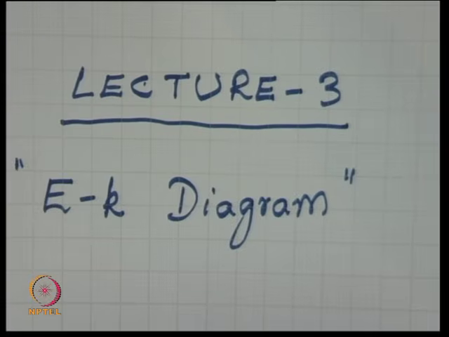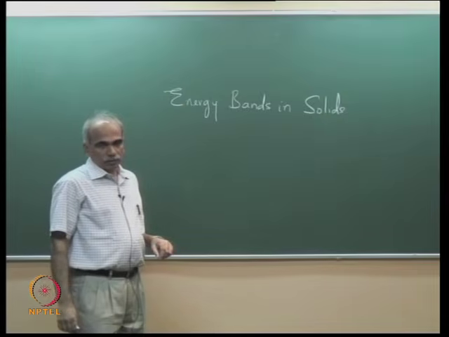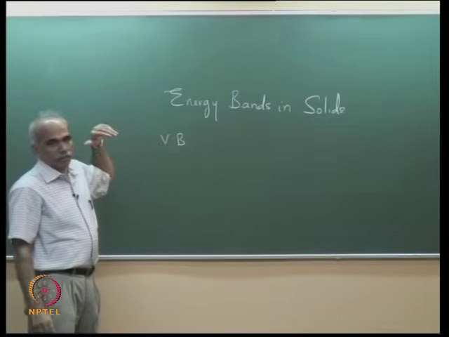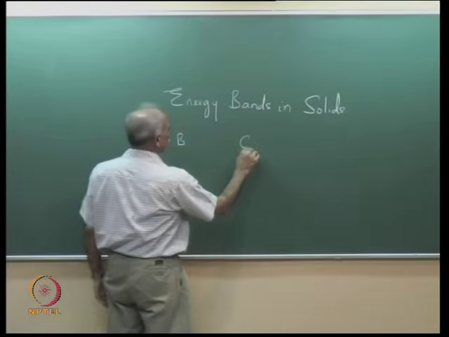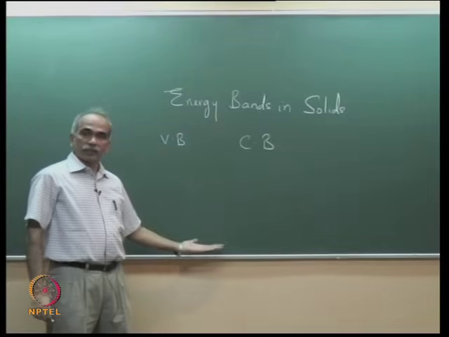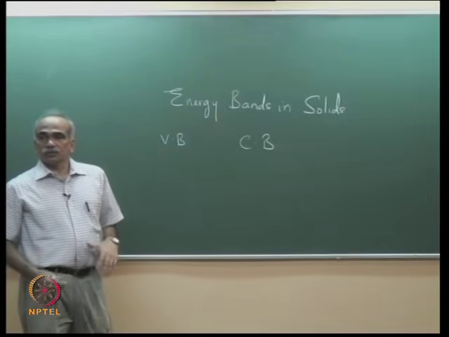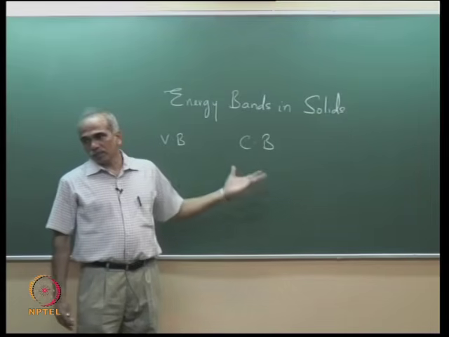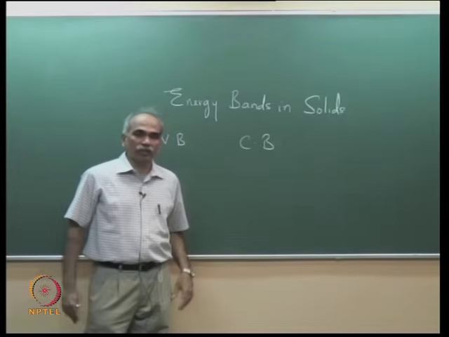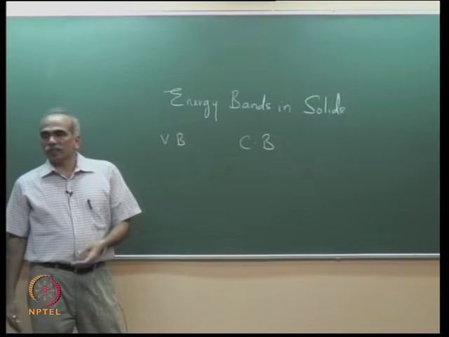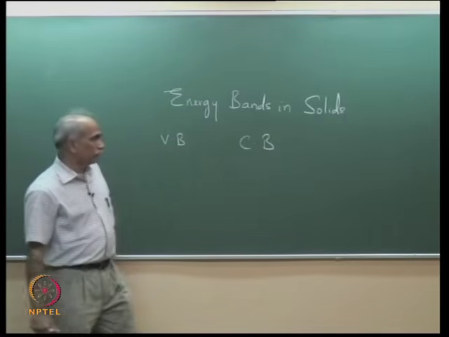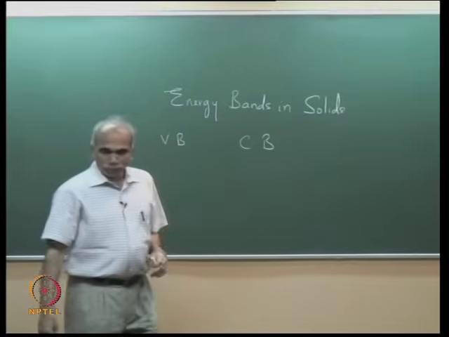The highest band, which is completely full or nearly full, is called the valence band, and the next higher band is the conduction band. It does not mean these are the only two bands. There are many more bands which are below, but the electrons in those bands rarely participate in any of the electronic processes unless you use high energy X-rays to knock them off. So, normally the electrons which participate in optical and electronic processes are those in the valence band and the conduction band. Therefore, if I draw the band diagram,